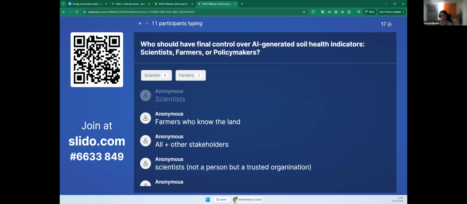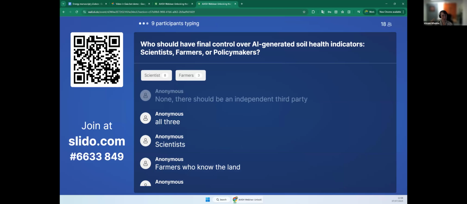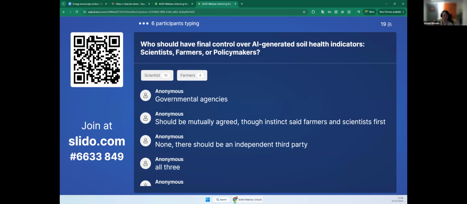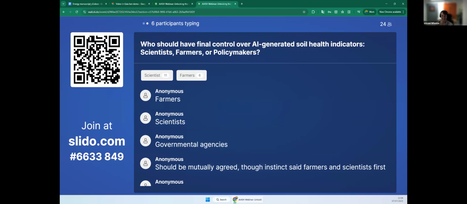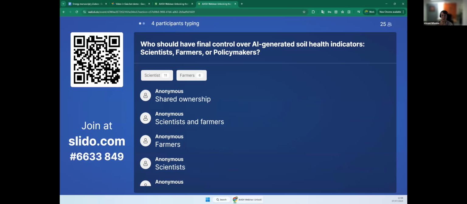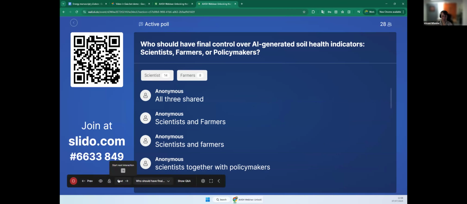All right, well, that one's above my pay grade, but I'm definitely taking it back and we'll report back that all three are important. Okay, scientists, but nothing about policymakers by themselves. So this is probably quite an interesting element as well. Thank you for your trust. The one thing I can say from this slide. All right, one more. No, I like the all three though. That is good. We do have to move forward.